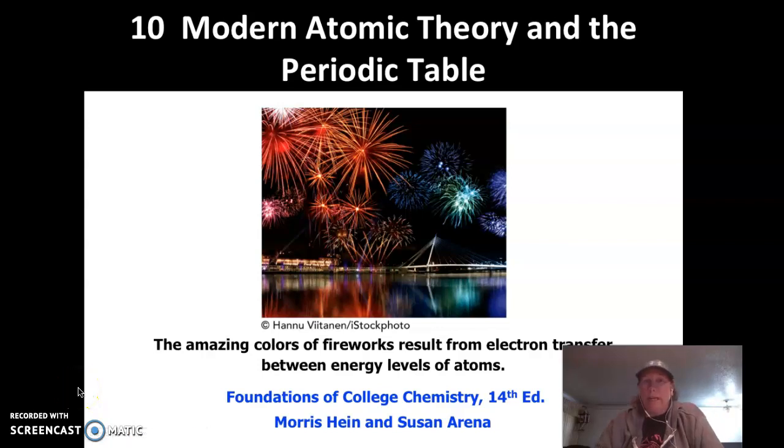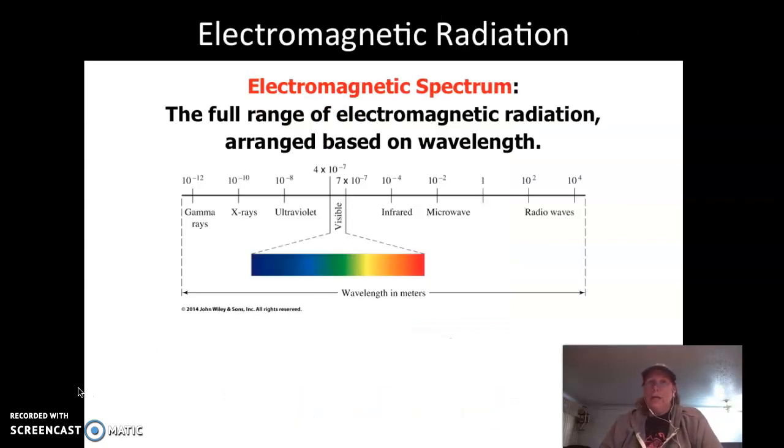We're going to start chapter 10, which is atomic theory, the modern atomic theory, and some more information about the periodic table. One of the things to remember about the electrons is the electrons travel in orbits, in patterns, okay? And they can actually measure those by the amount of energy they give off. They give the energy off in wavelengths, and wavelengths in this very small area, invisible light, what we can see, is certain colors. So if they can measure the wavelength, they can measure the color,